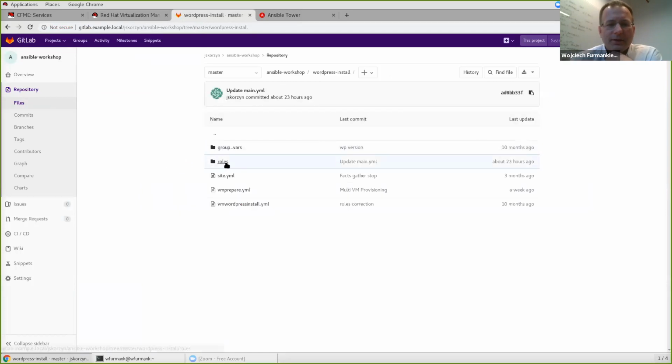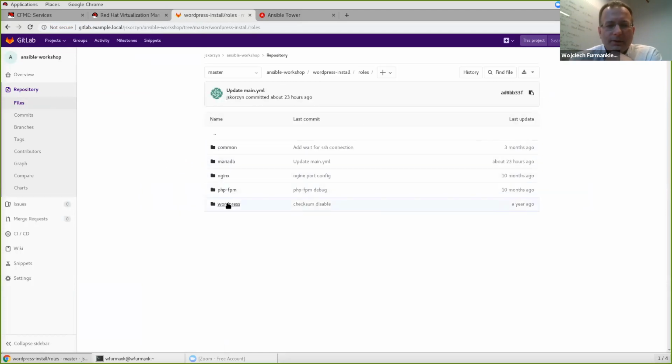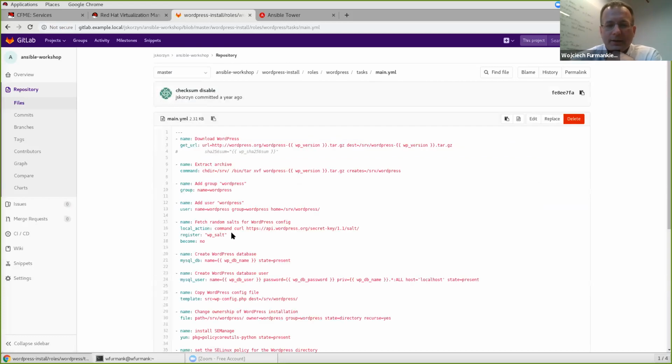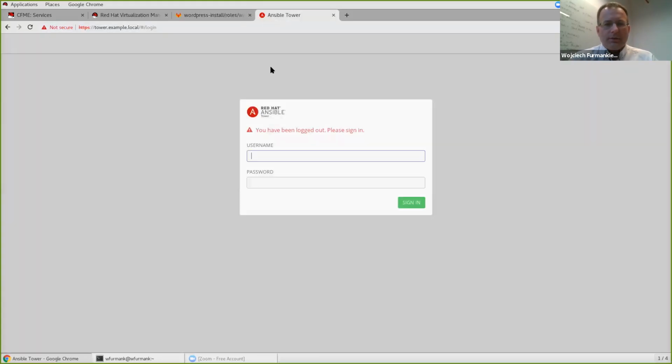So that's just a basic repository to keep our Ansible playbooks, right? Let's say tasks, and here is, for example, the task that installed WordPress, the last component. And we use this GitLab repo in our Ansible. So let me just click. Okay.